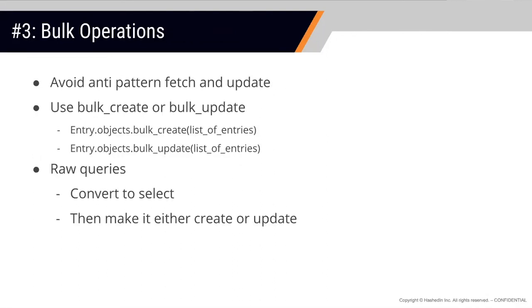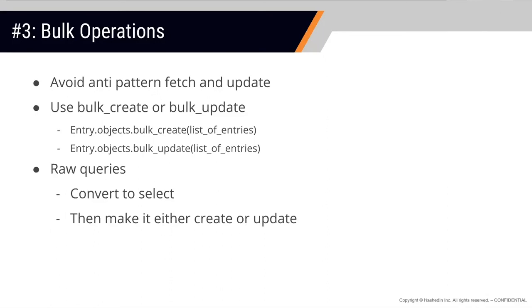Okay. Moving next, bulk operations, right? I want to talk about one anti-pattern that people generally follow while updating a record in any table. Let's take an example of an employee, right? You want to update the employee's, let's say, state. So what people do is Employee.objects.get(id=that ID), get the employee, and then employee.city equals something else, and then employee.save(). It is a very common practice that people follow, and this ends up actually executing 2-3 queries.